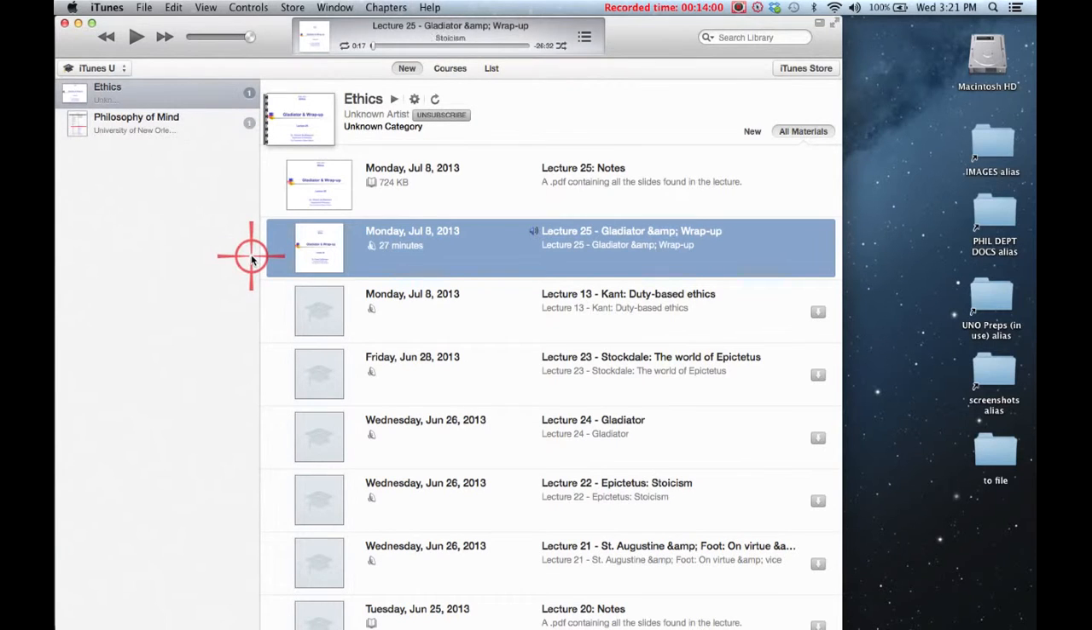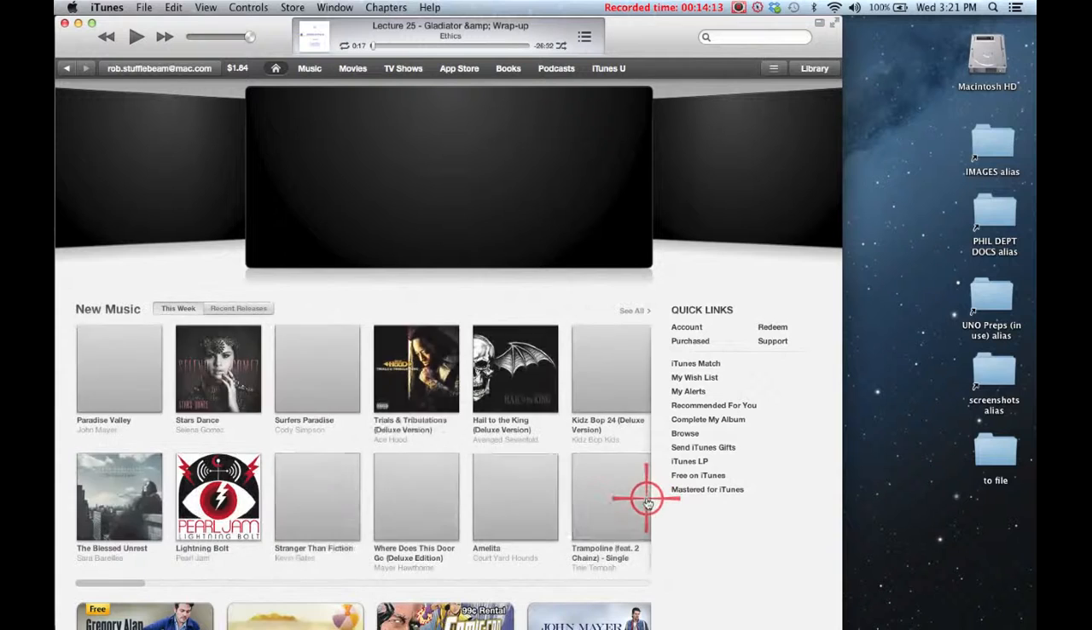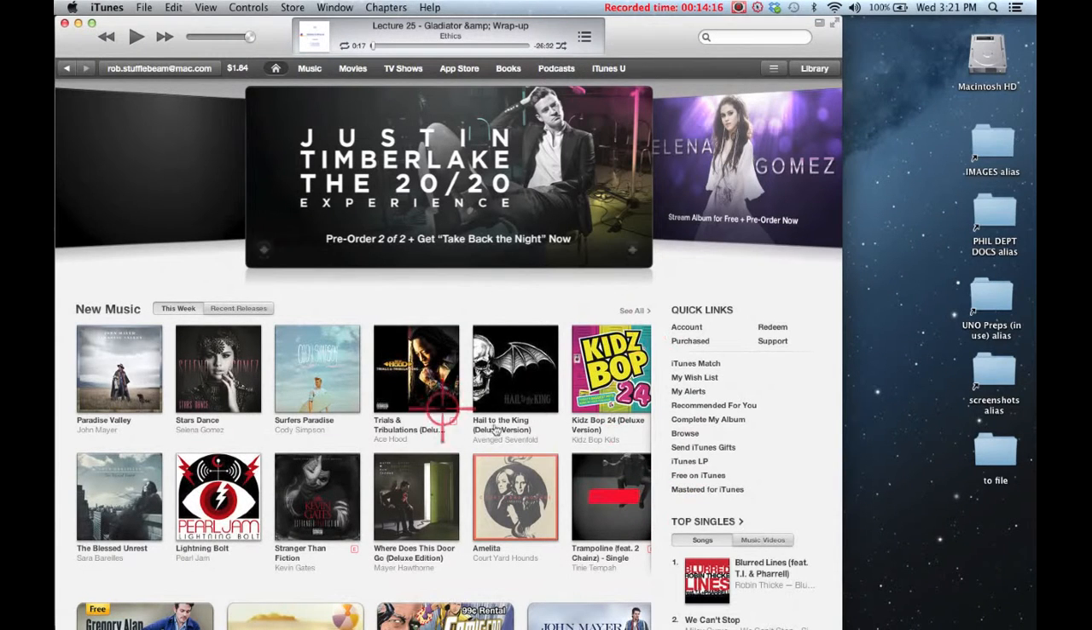Another way of accessing iTunes U content, just to show you, is to click on the iTunes Store and click on, in fact, let's go to the home on the iTunes Store so you can see what the iTunes Store looks like. All right, so you're in the iTunes Store. Click on iTunes